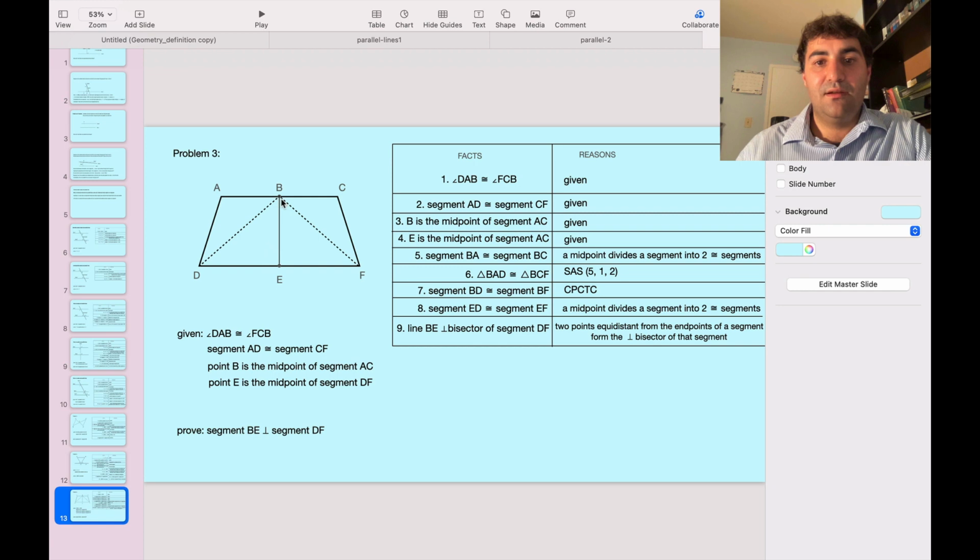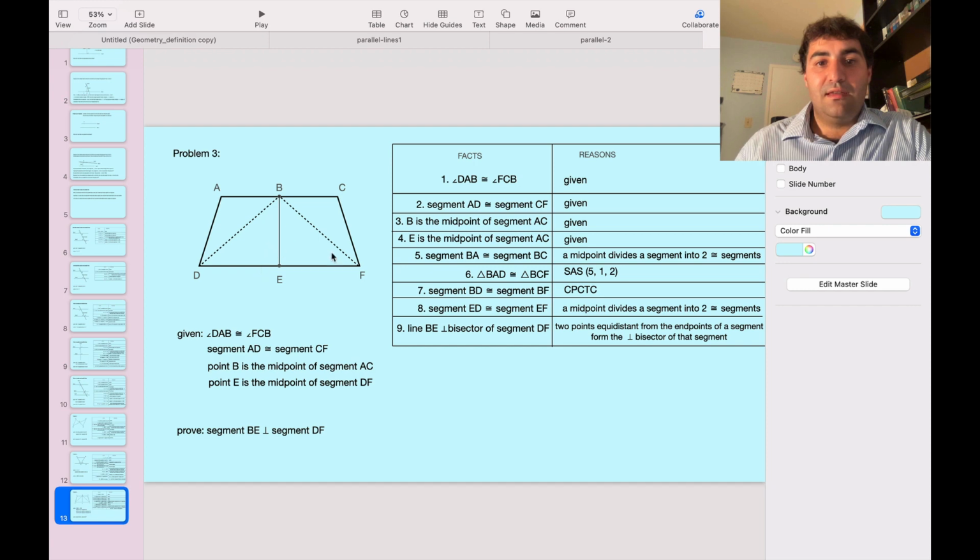And we know that congruent parts of congruent triangles are congruent, so segment BD is congruent to segment BF. We also know that E is the midpoint of DF, so segment ED is congruent to segment EF, because the midpoint divides a segment into two congruent segments. And we know that two points that are both equidistant from the endpoints of a segment, so the segment DF,